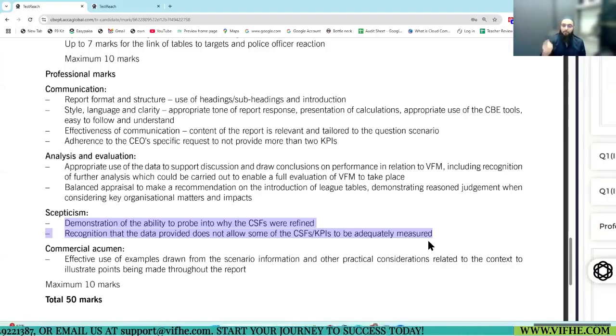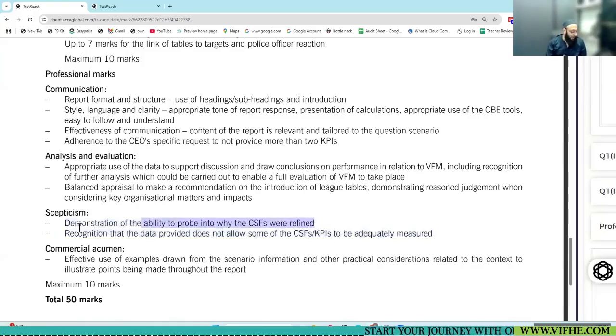On top of it, if you did this properly, they will award you more marks because you had that skeptical thinking. Buy 4, get 1 or 2 free. So this is one area I'll check, and I think he did manage to do this well, because he answered all the reasons for redefined CSFs.